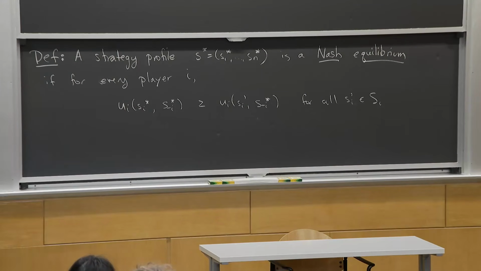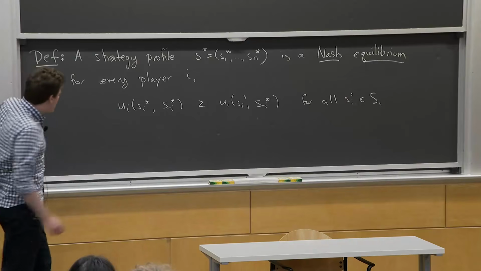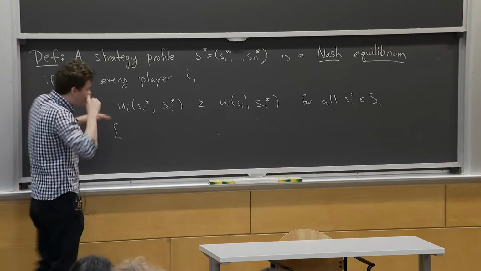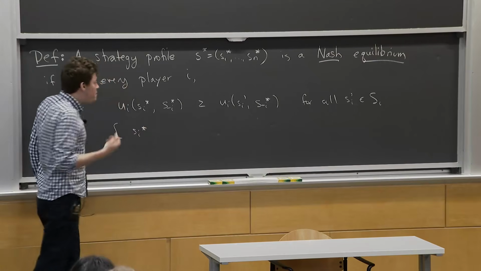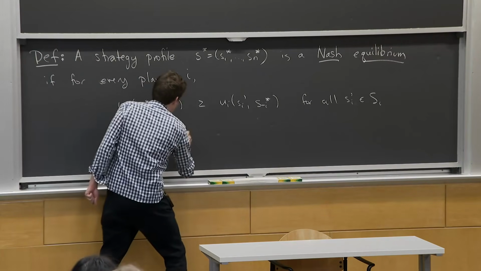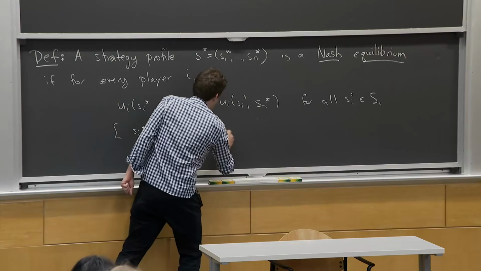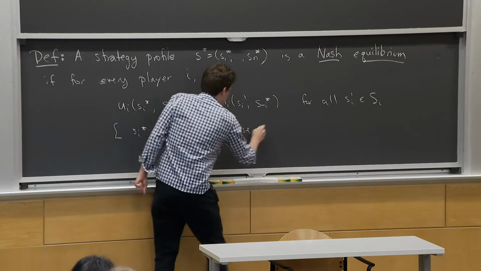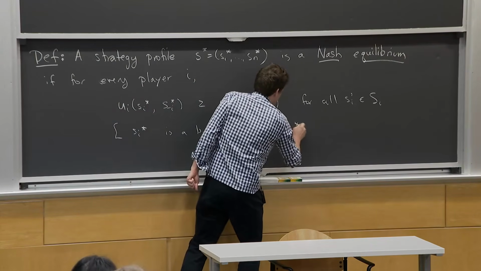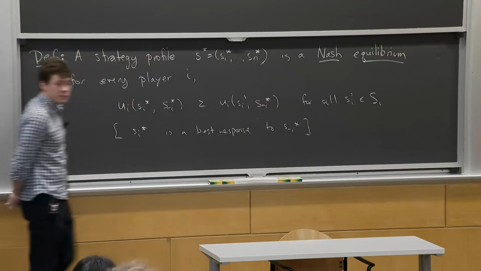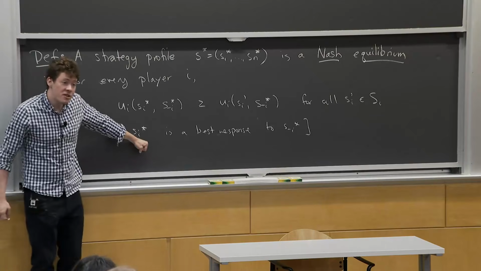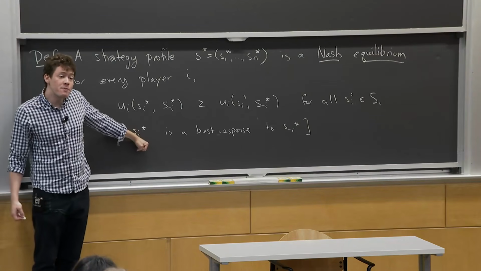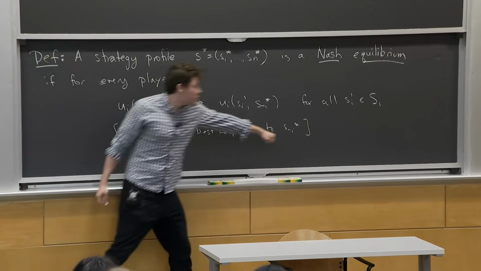So let's think of another way to say this. Another way to say this, so this is equivalent to this statement here, is that s_i star is a best response to s_negative-i star. So another way of defining a Nash equilibrium is to say that every player i, if I look at the strategy that player is using, that strategy better be a best response to the strategies that the other